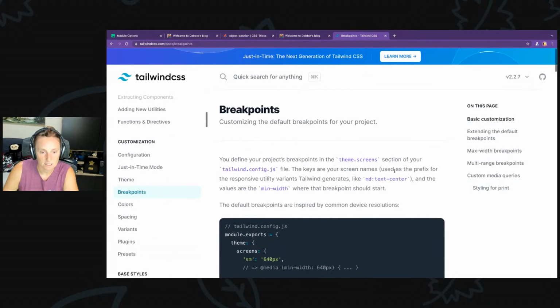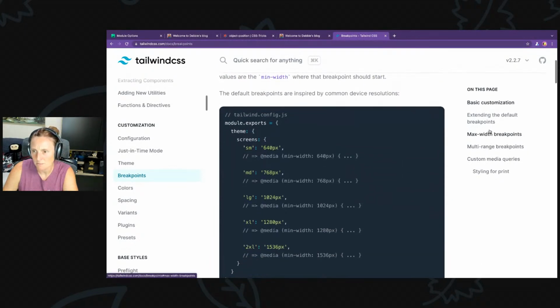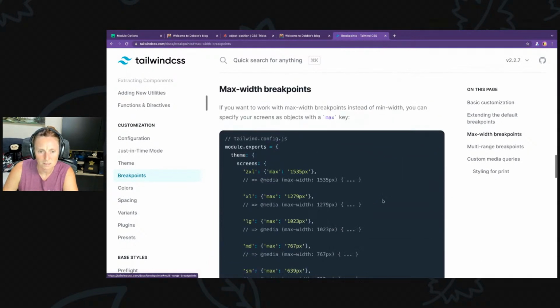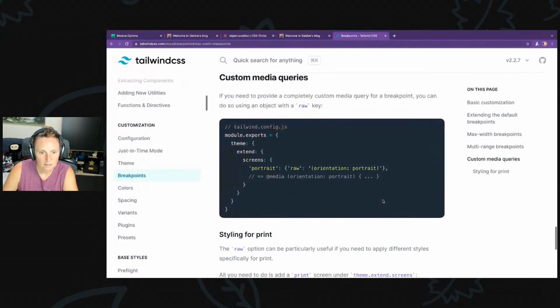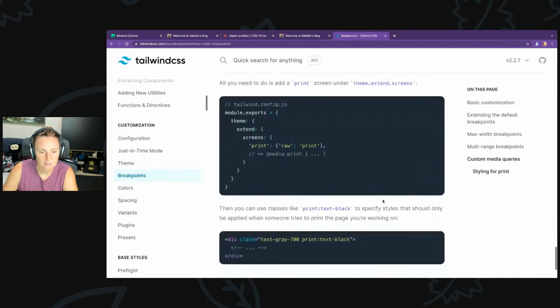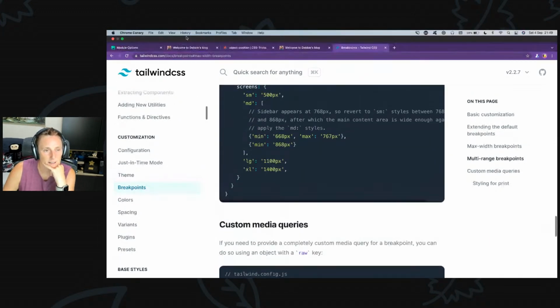Breakpoints, Tailwind. No, I don't want breakpoints. I just wanted media queries. Max width. This is not really what I wanted. Yeah, no, I don't want that. I don't want breakpoints. I'll figure that out later. I just need to put MD or something like this to